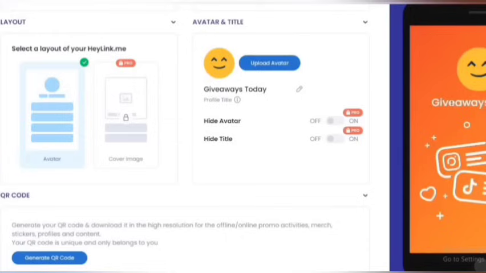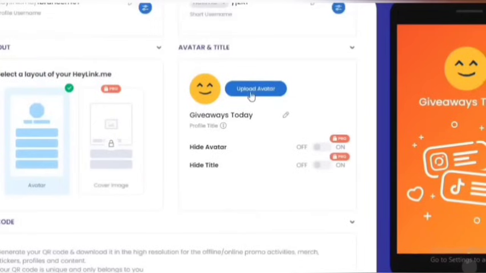Okay, so you can see here it literally changed the name from what it was before to giveaways today. So the next thing you want to do now is to change this image right here. So you can come right here where it says upload avatar. So click on this button basically, and